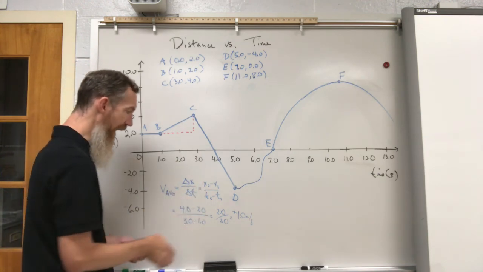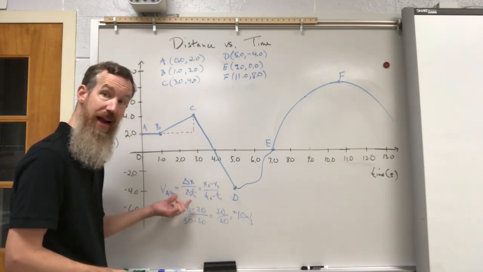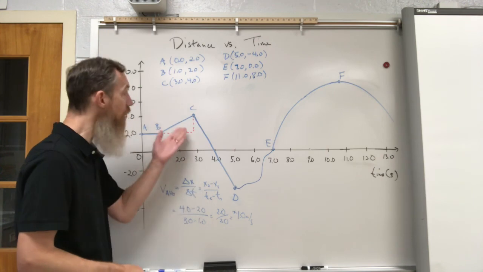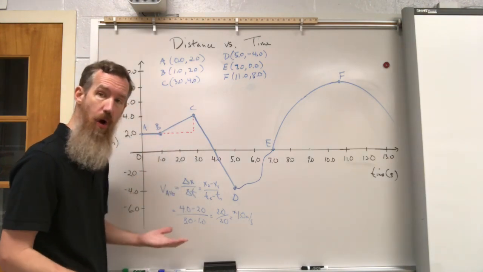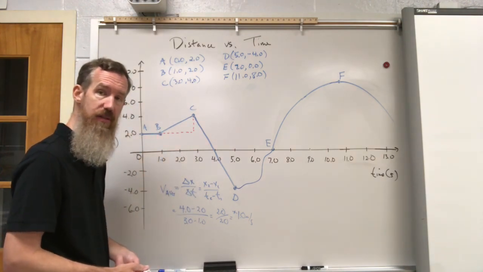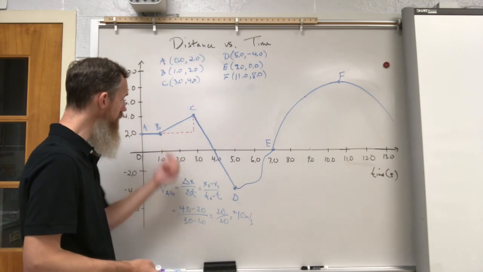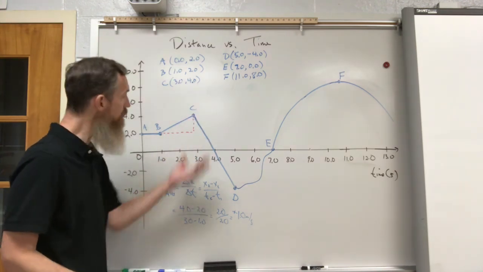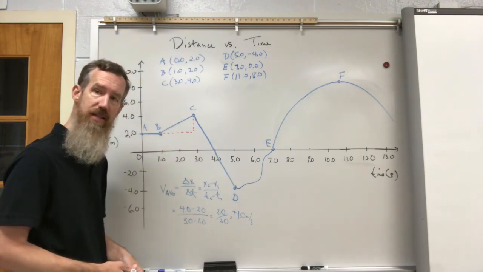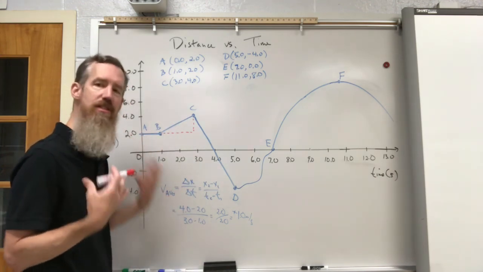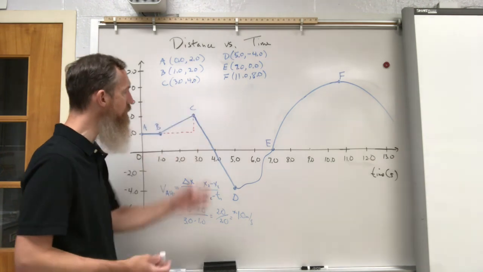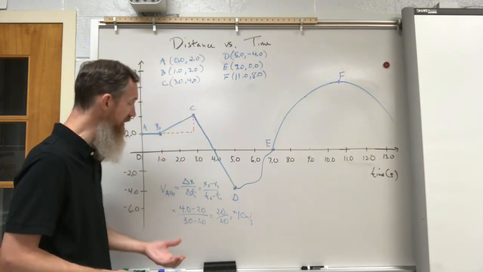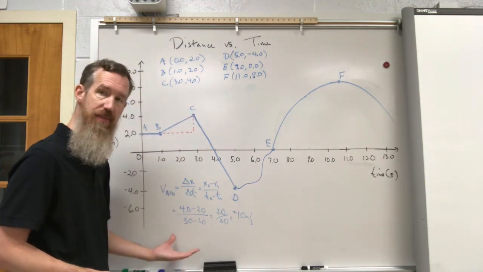And so the average velocity formula is the slope of straight lines on a distance time graph. So if you just do the slope, 2 over 2, 1. Well, positive 1 because that slope is positive. So finding the slopes off of a distance time graph is effectively finding the average velocity. Now,